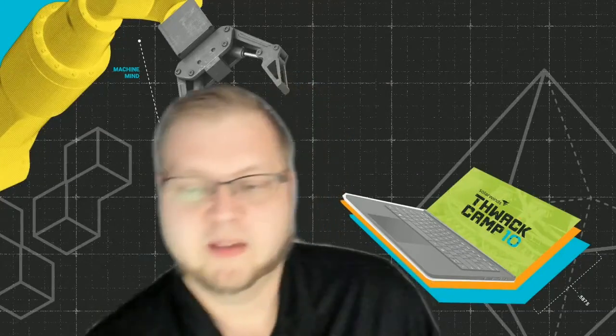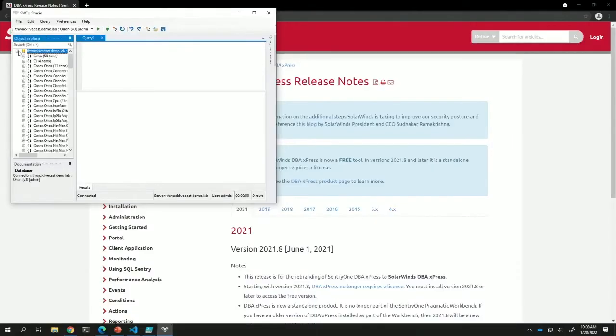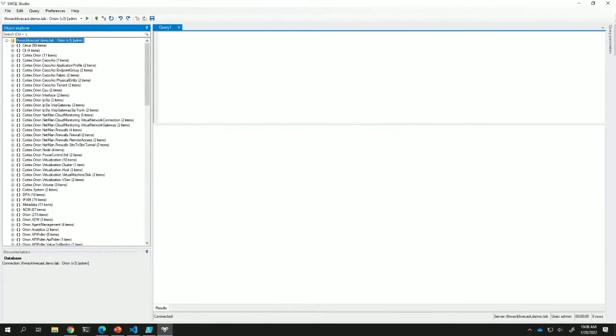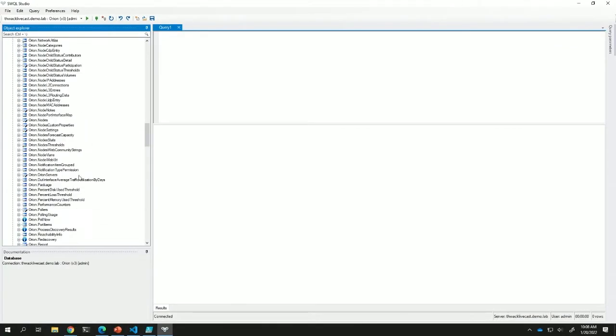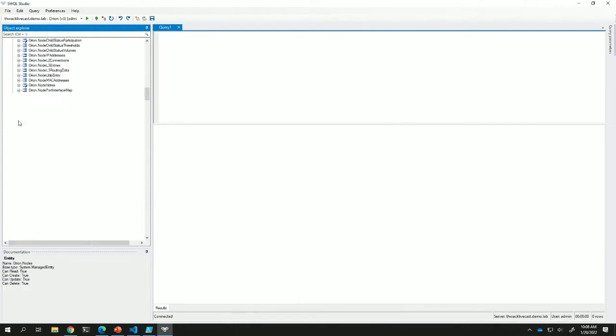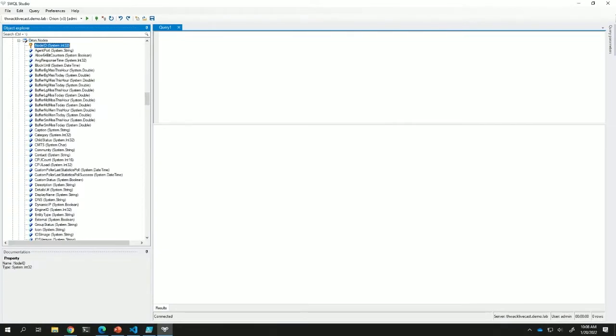But what this gives you is, if you're looking for something specific, you can find out. I'm sorry, I can't make this left side bigger, but let's say you were talking about Orion, and what's the one everyone talks about? Nodes. So here's the name, the entity name. It's all down here in this little documentation block. And then if you want information on the individual things, now this one's obviously not well documented because we know what it is, but some of the other ones will give you information.